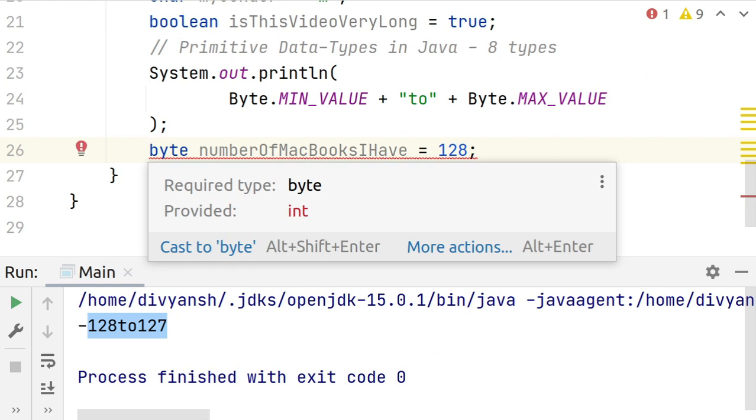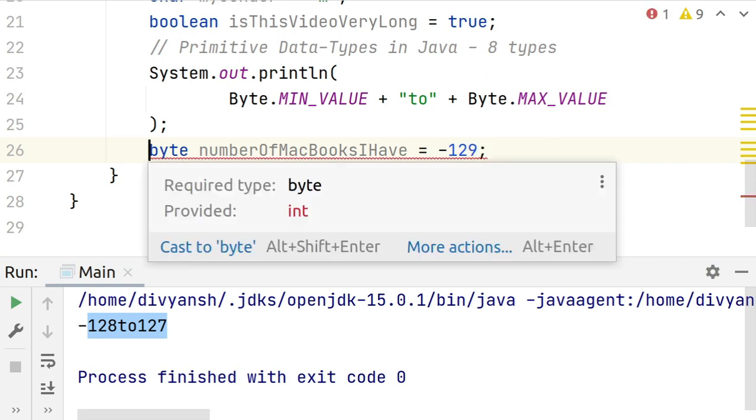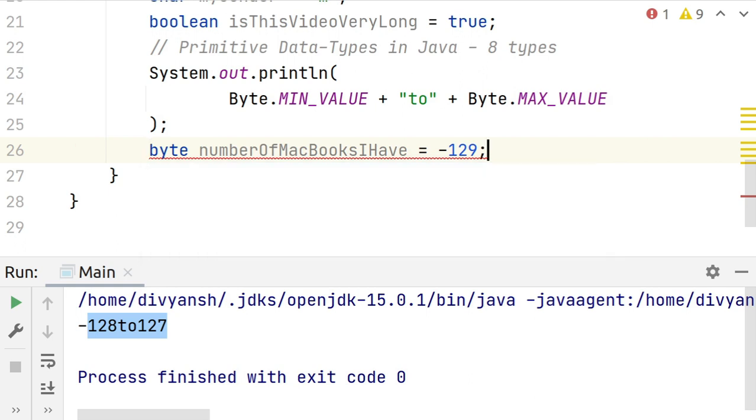It says the number 128 is out of the range. Byte cannot store 128. Or if I try to say -129, similar. I cannot store a number which is not defined inside the range. It can be the last number of the range, that is no problem. I can say 127, which is not at all true, but yeah, it does the trick.